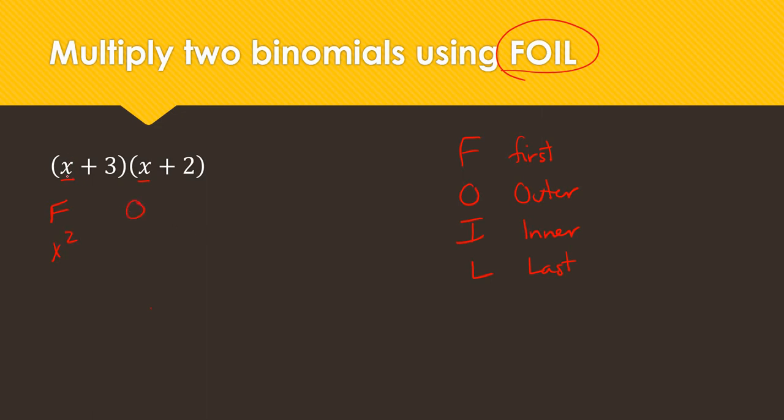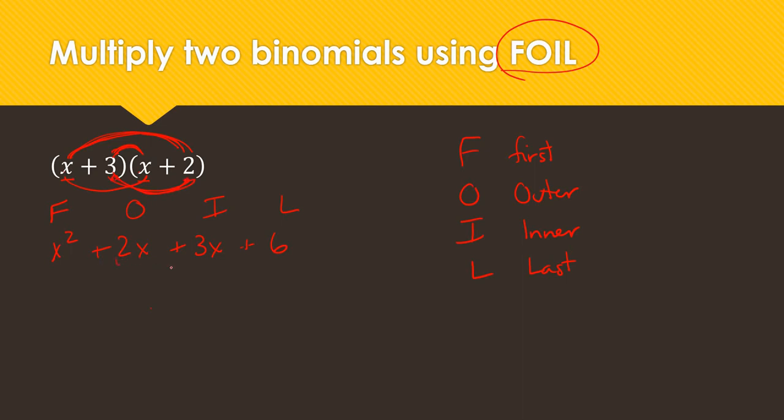Outer, the two outside terms, x times 2. Again, I need that plus sign in there. Inner, 3 times x. And last is going to be the 3 times 2, or 6. So first, outer, inner, last. First term times first term. The outside terms multiply together. The inside terms multiply together, and the last term times the